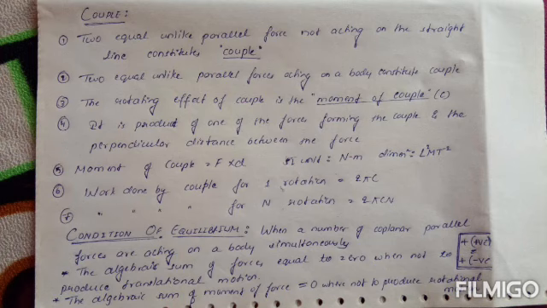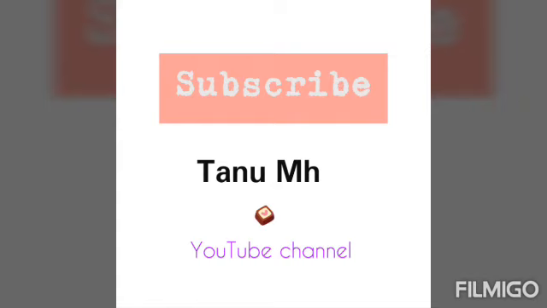Next one, in the bottom corner you can see one box, that means the sum of the positive forces is always equal to the sum of the negative forces. You can say this in other words, the sum of forces acting in one direction is always equal to the sum of the forces acting in the opposite direction. Okay, this completes some of the important points and concepts from the scalar and vector chapter. Analyze it and read it well for your upcoming CET and other required exams.